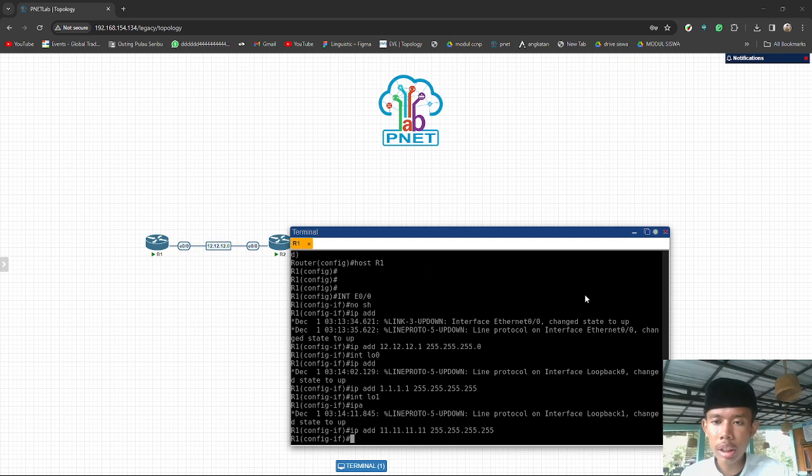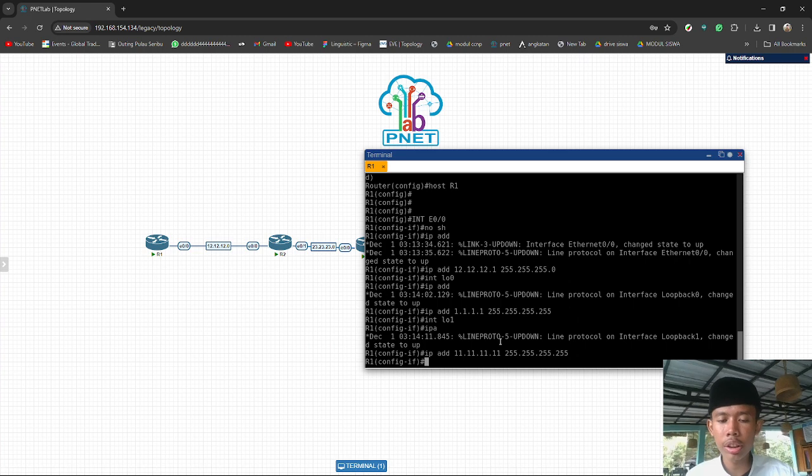We will advertise network 12 and interface loopback 0 into EIGRP, and network 11 we will advertise into RIP routing.